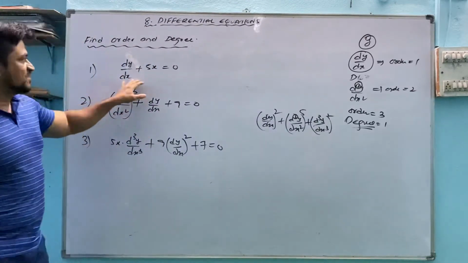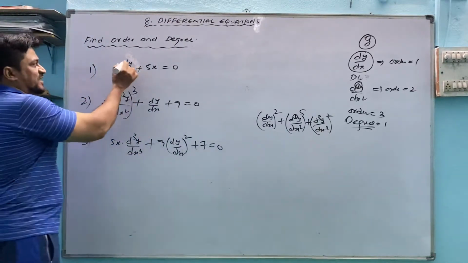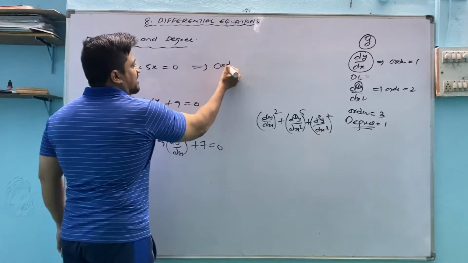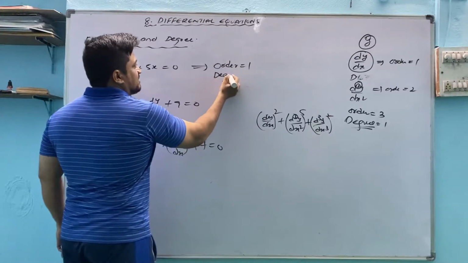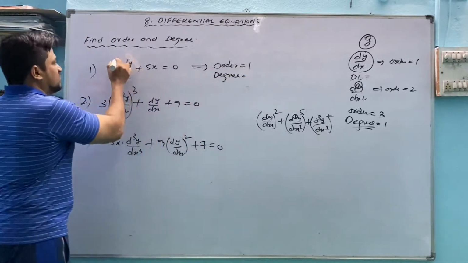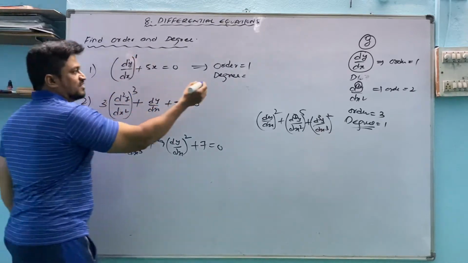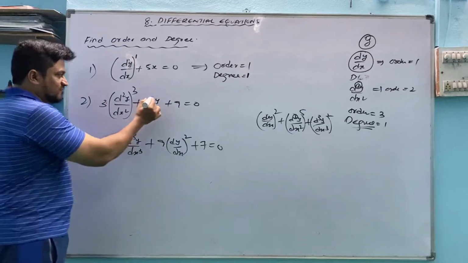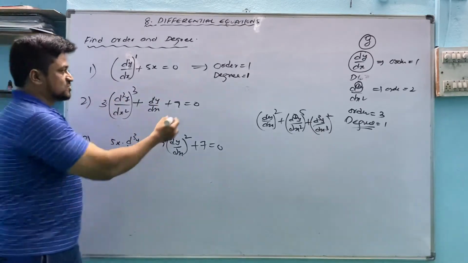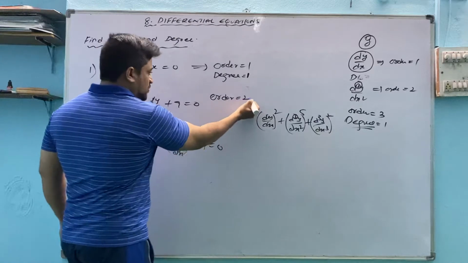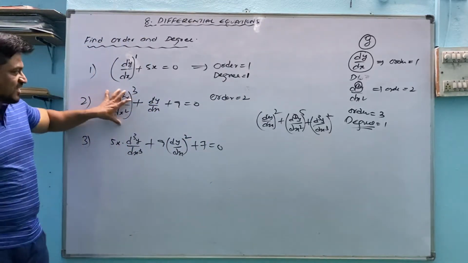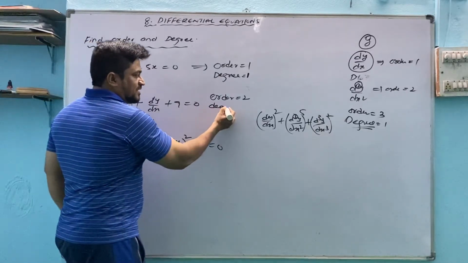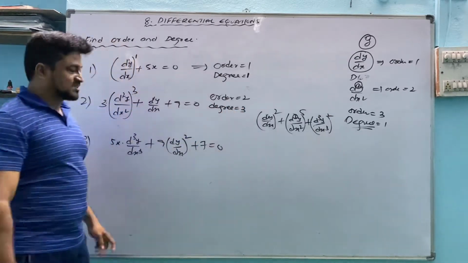Now in this one, how many times is differentiation given? Only one time differentiated. So what can we write for this one? Order is 1. Degree means this value contains only power 1. Degree is also 1. Now in this one, it is differentiated 2 times. So the order is 2, and that 2 times differentiated value has some power. That power is known to be the degree, and that power should not be given in fractions.